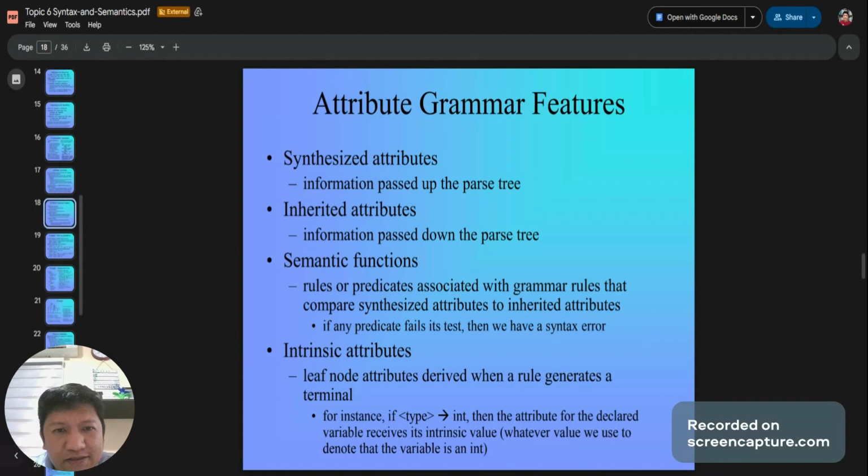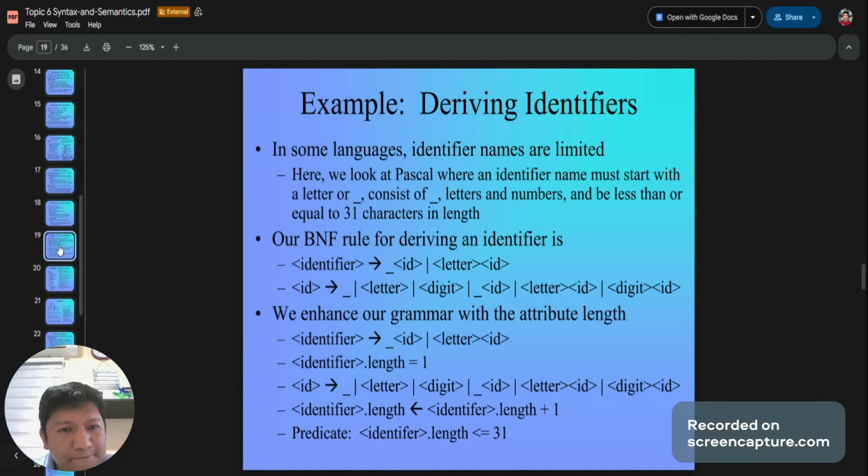So what are those attributes? Synthesized attributes, information passed up the parse tree; inherited attributes, information passed down the parse tree; semantic functions, these are the rules or predicates associated with grammar rules that compare synthesized attributes to inherited attributes. The intrinsic attributes are leaf node attributes derived when a rule generates a terminal. So deriving identifiers.